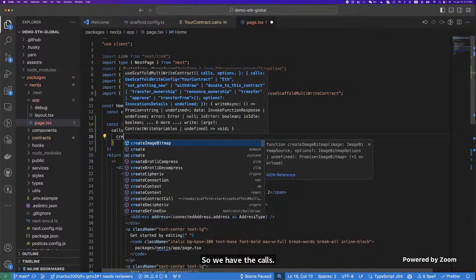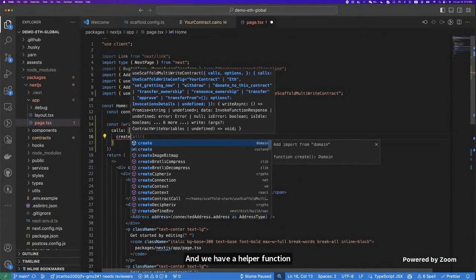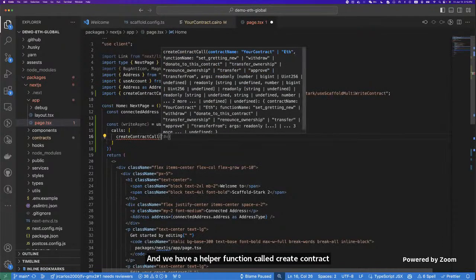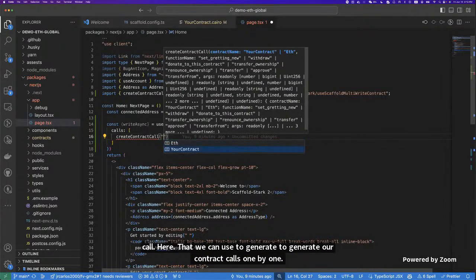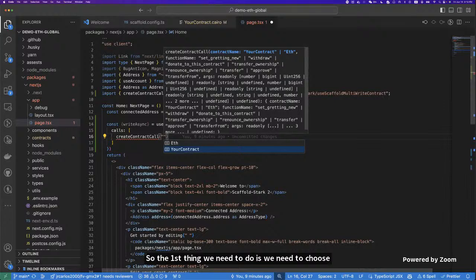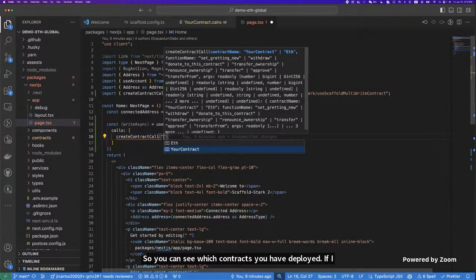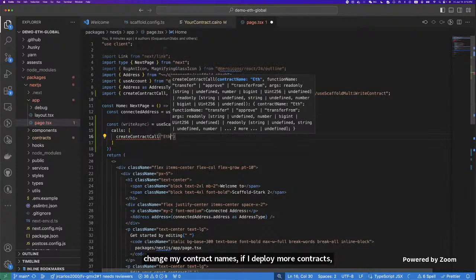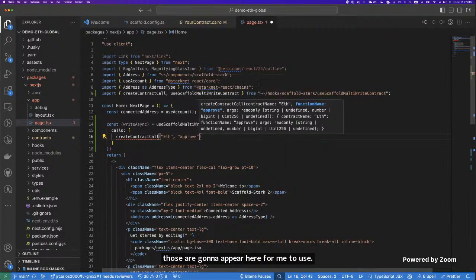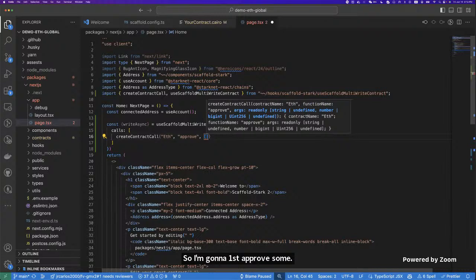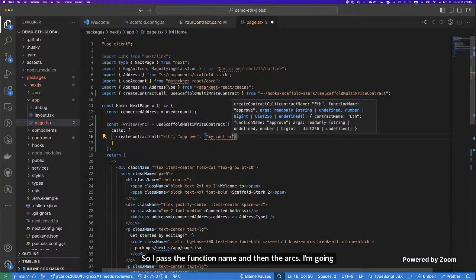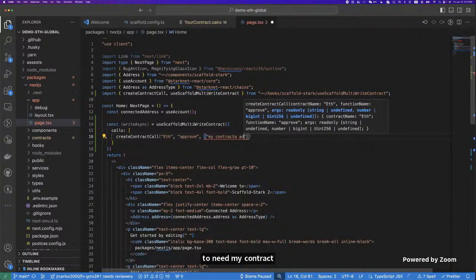And we have a helper function called create contract call here that we can use to generate our contract calls one by one. So the first thing we need to do is choose our contract. And you can see here there is type completion, so you can see which contracts you have deployed. If I change my contract names, if I deploy more contracts, those are going to appear here for me to use. So I'm going to first approve some ETH. So I pass the function name and then the args. I'm going to need my contract address here. So I'm going to get it in a while. And then I'm going to pass 10 ETH,